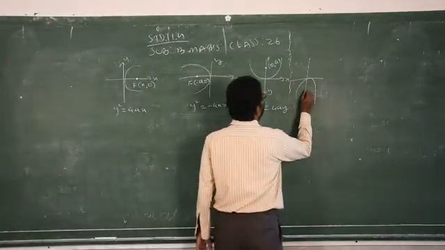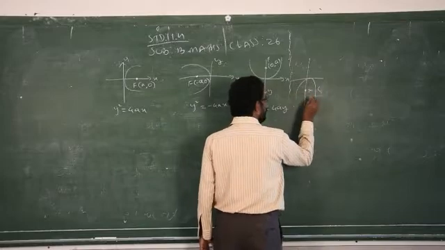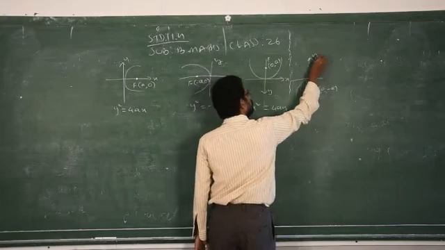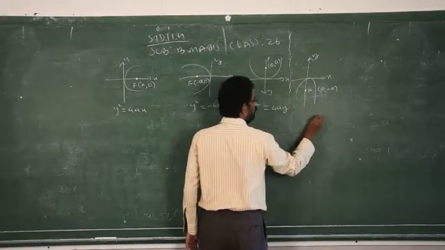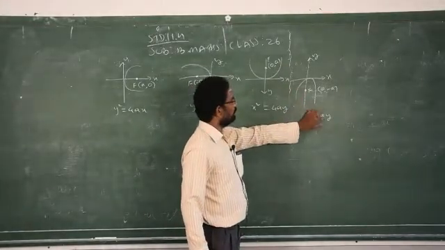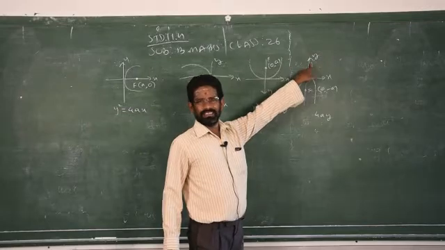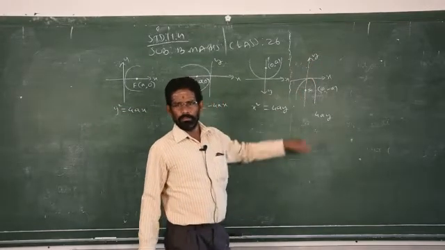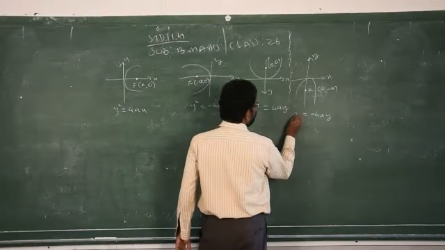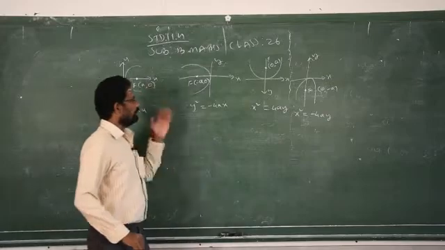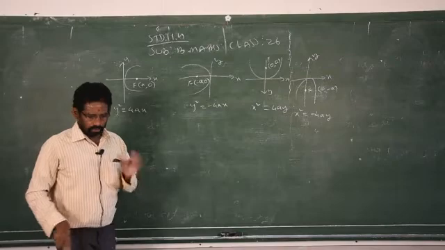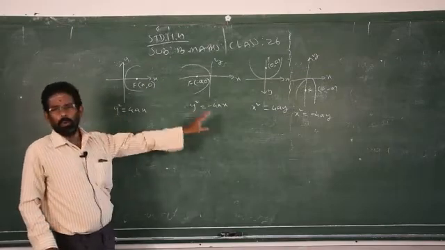Now you have to take the point that is focus on the negative side, 0 comma minus a. Again as usual, the focus is on which axis? Y-axis. So 4ay, because the focus is on the y-axis, therefore you have to multiply that 4a with the particular axis where the focus lies. Then which one is left? This is the negative side, therefore minus. So x square is equal to minus 4ay. This is the way of finding that equation by keeping the diagram alone. Clear? So that general formula depends upon the focus.